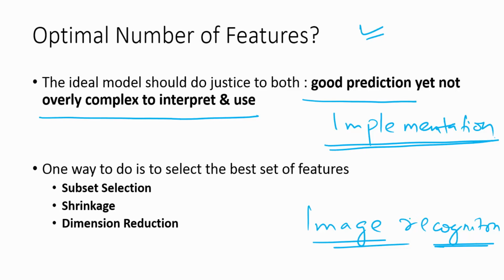But if you are building a model in banking, evaluating or quantifying risk in banking, financial, or insurance organizations, it's very difficult to implement overly complex models. Regulators are going to have questions. Even the business people who are going to use your model are going to find it very difficult to use, given that you have made it very complex. You have so many predictor variables, you have so many variables artificially created, so that's going to be difficult. So the idea is to have good prediction and a simple model, right? So we'll use subset selection, shrinkage, and dimension reduction, and we'll talk about